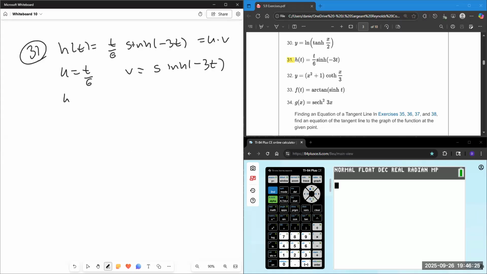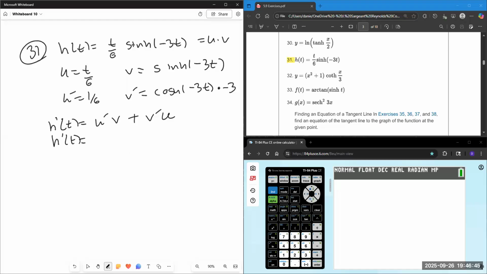U prime is 1/6. V prime is cosh of negative 3t times negative 3. So h prime of t is u prime v plus v prime u. H prime of t is 1/6 sinh negative 3t plus